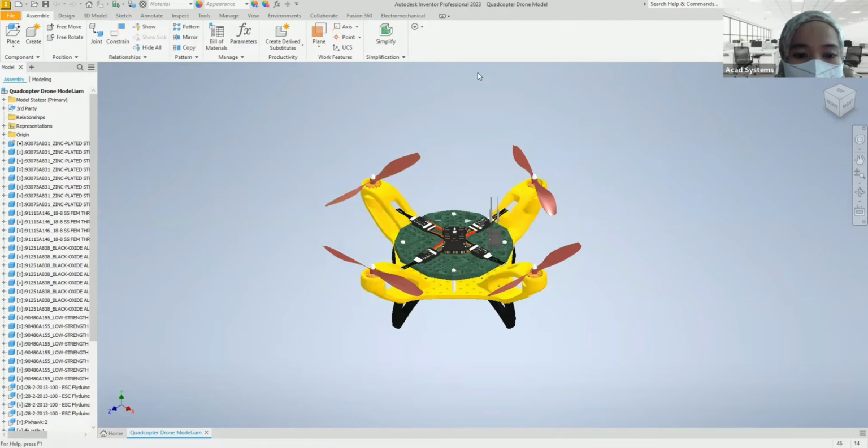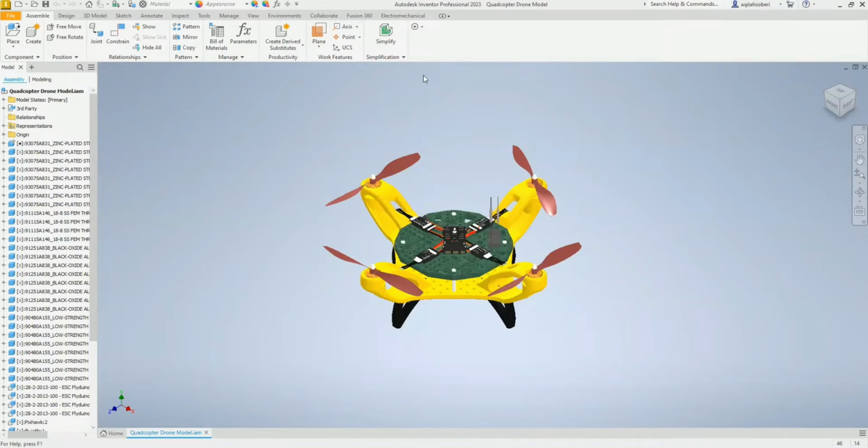I hope that you can see my shared screen. Right now, I open my Inventor. Okay, before that, I want to admit participants first. Okay, hi, hello. I am Nur Akila,